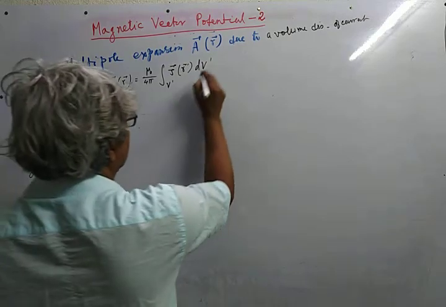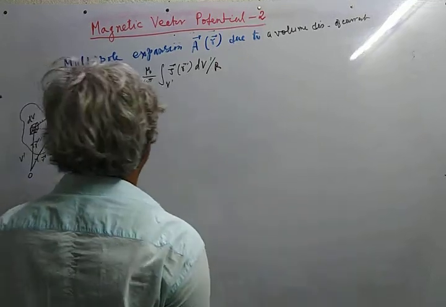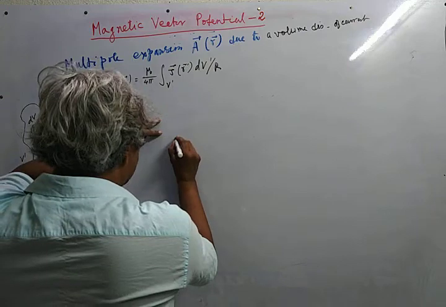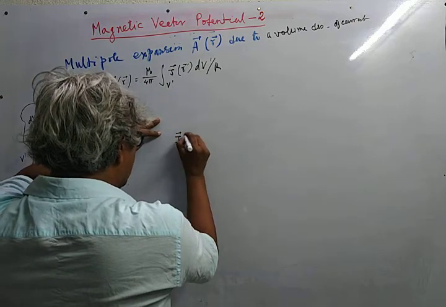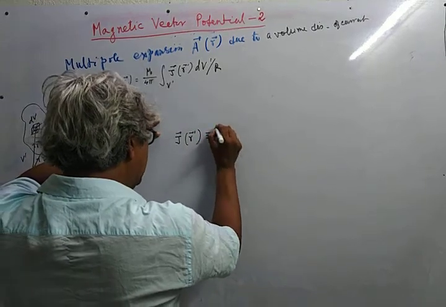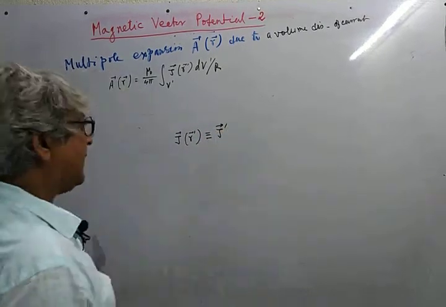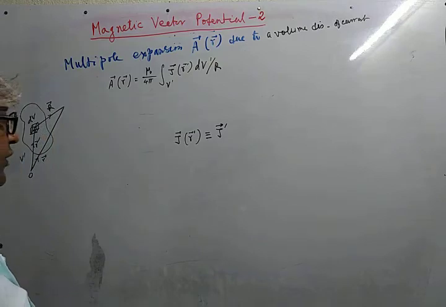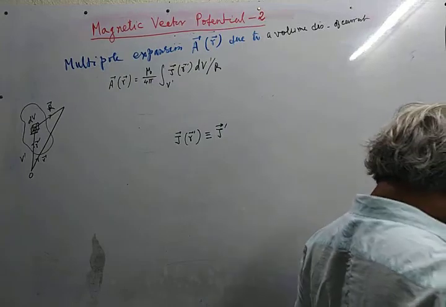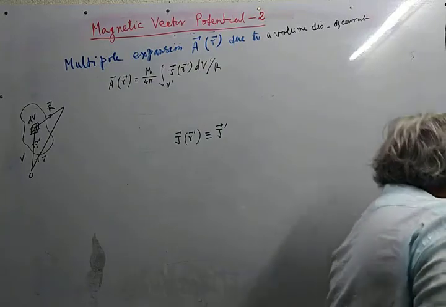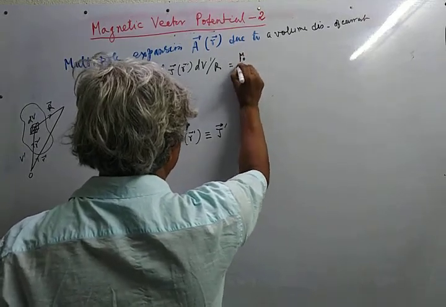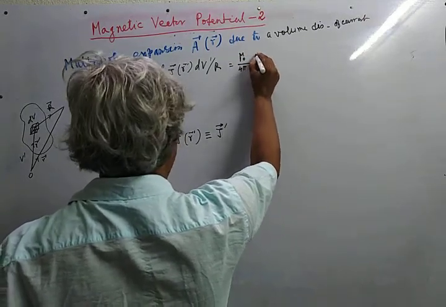We make a shorthand of the notation, to reduce the labor of writing. So in that notation, this is mu 0 upon 4 pi